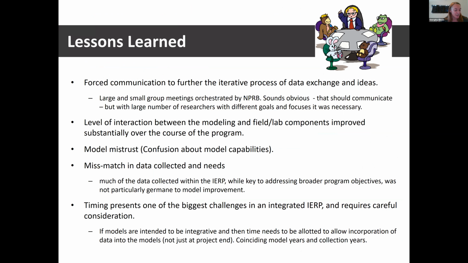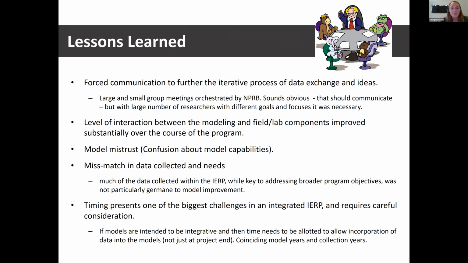So firstly, communication we found to be really key. These integrated programs, with the Bering Sea one for example, had well over 100 different researchers coming from different disciplines and different backgrounds. And for us, having the program managers heavily involved with this forced communication was critical.